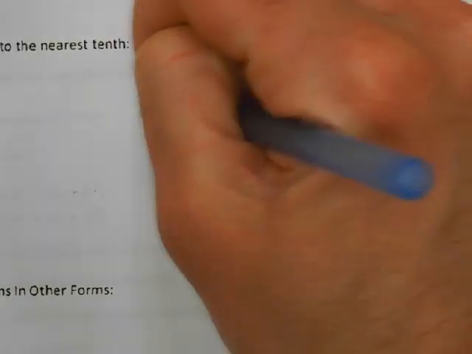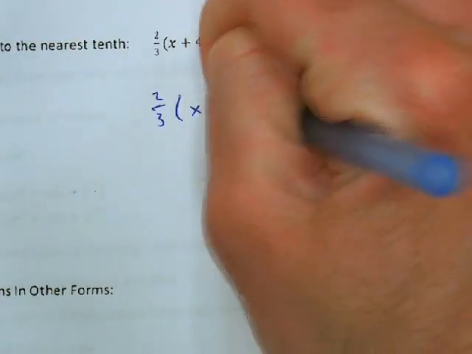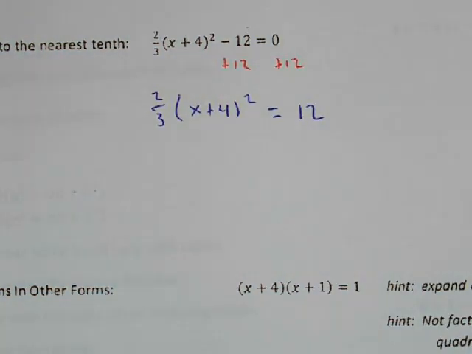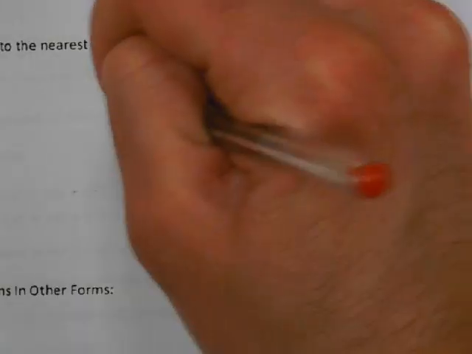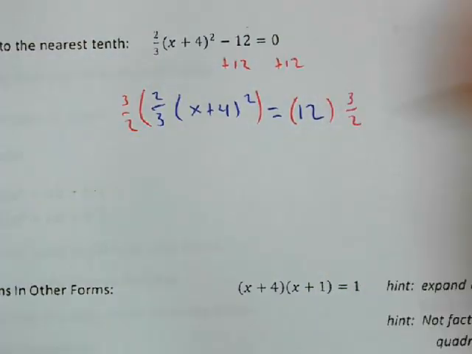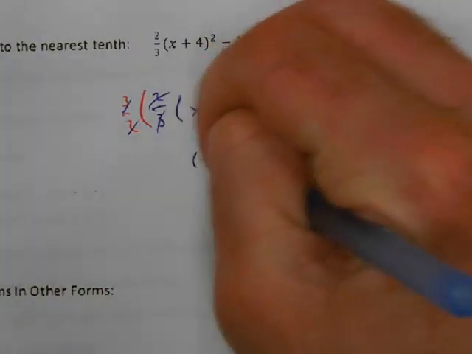Okay, so then that gives us 2/3 times (x + 4) squared equals 12. Okay, next we want to multiply by the reciprocal of this fraction to get rid of it, so that's 3/2. Don't worry about fractions. That just tells us to multiply by the top number and divide by the bottom number. It doesn't matter what order you do it, but those are going to cancel, which is good. It's what we want. And then we get (x + 4) squared